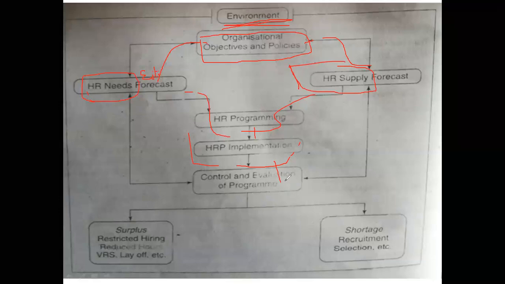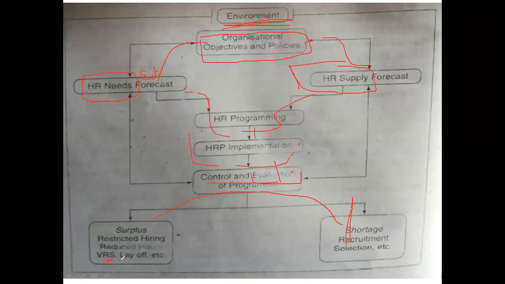How to evaluate, how they have to control the employees. Okay, based on their performance, they can be transferred, they can be promoted, they can be demoted, or they can be offered a voluntary retirement package. So everything will be there. These are the steps. And see, if shortage is there after evaluation, you will go for recruitment, you will go for selection. If surplus is there, okay, I told no, VRS will be there.